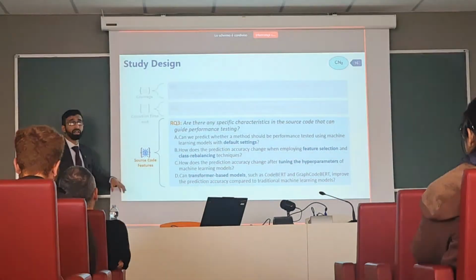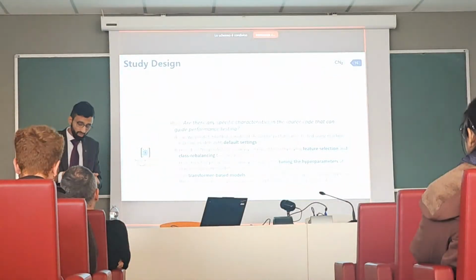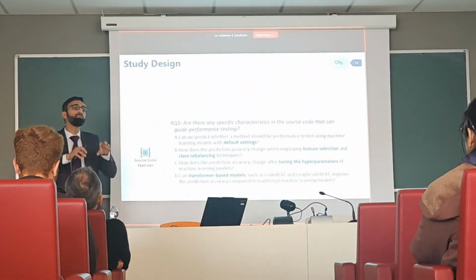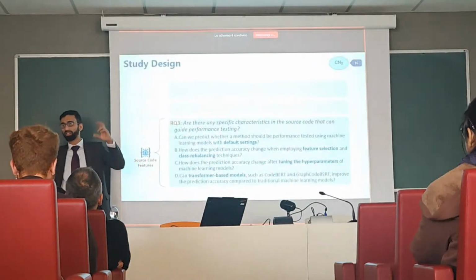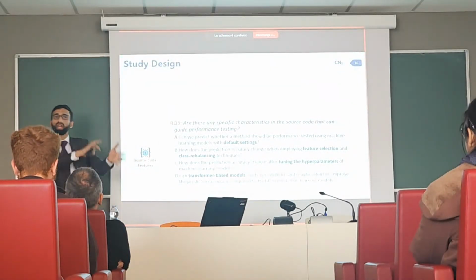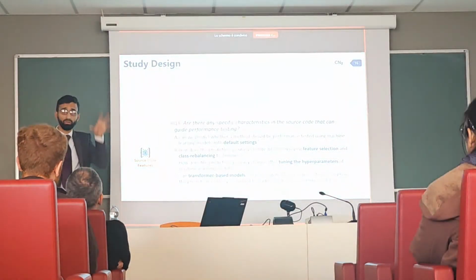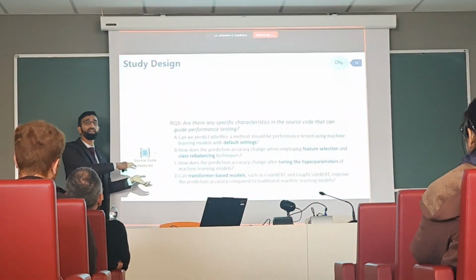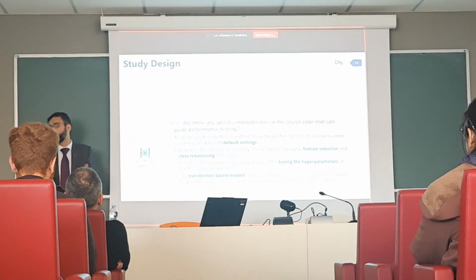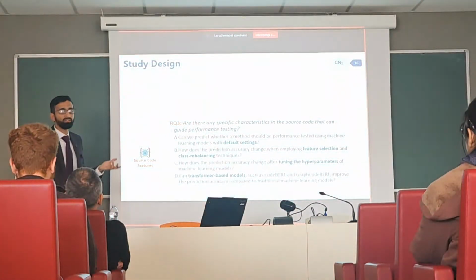So we build again this study based on what I have shown earlier. So this is the addition that we are doing here, trying to understand what we already have. So at this point, we already have the coverage labels. We know which method is tested, which method is not tested. So we have the ground truth. What we need to do is extract some more static features of all those methods and then feed them to the machine learning models and try to see if we can generalize a few things.